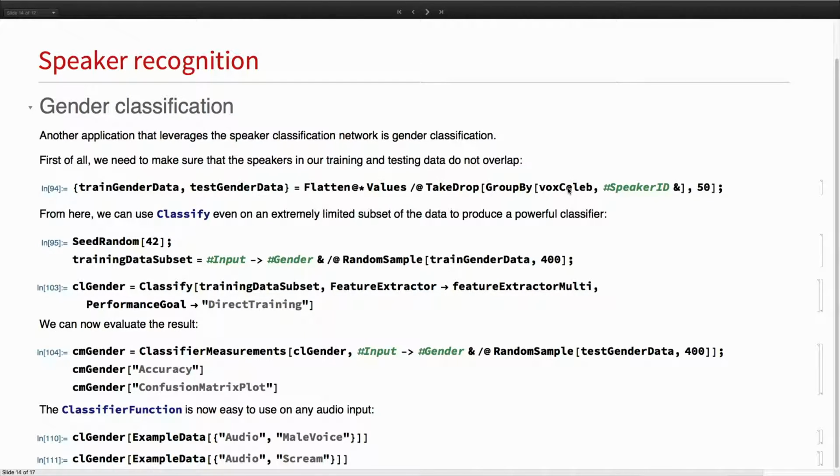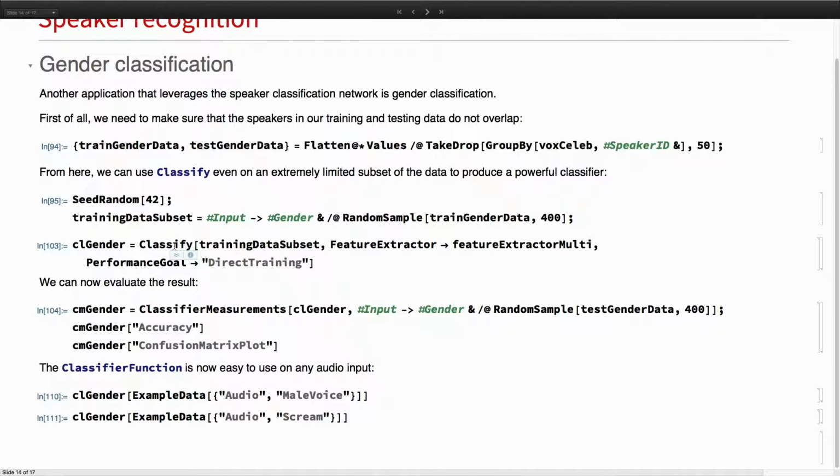But we do have a network that, as I said, understands something about voice. So we use that network, as we did in the previous examples, as a feature extractor. And we can build on this pre-trained voice-related feature extractor to just call, in this case, just classify. We're not even bothering defining a new neural network. So the data is encoded by our trained network and then classified using just classify without any bells and whistles, just minimal effort going into this.